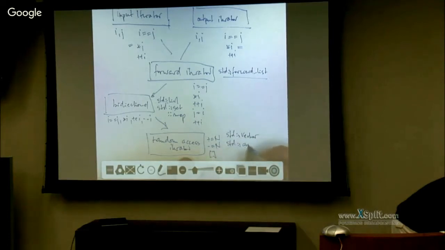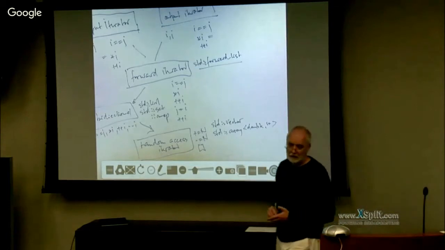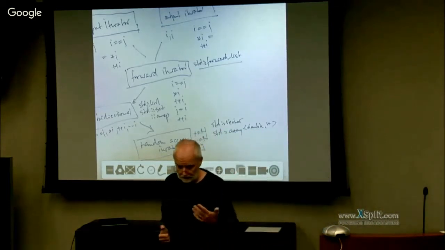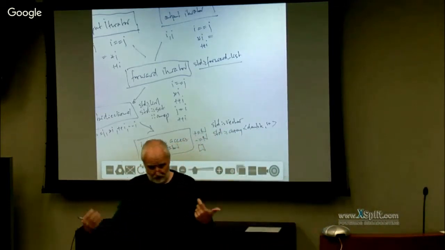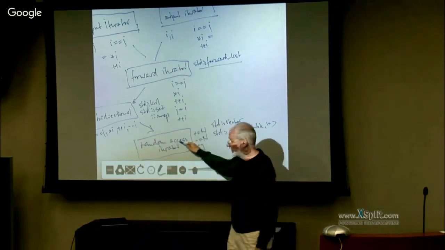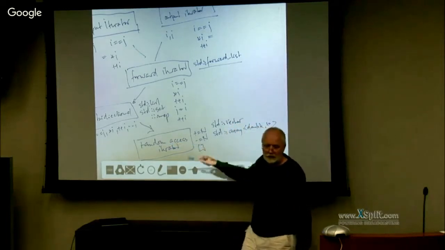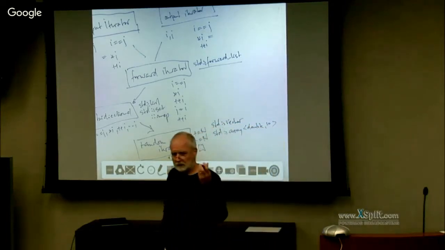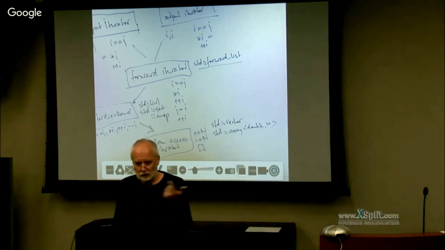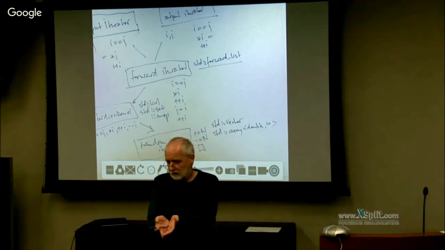And standard array is a template, and you say double, and it has 10 elements. So it's a compile time defined array, very much like a C array, where you have a fixed size. And you can use fixed size arrays in the very same way with algorithms, as long as they expose the properties of begin and end, because that's essentially all you need. Or they expose their own iterators, which represent their internals.